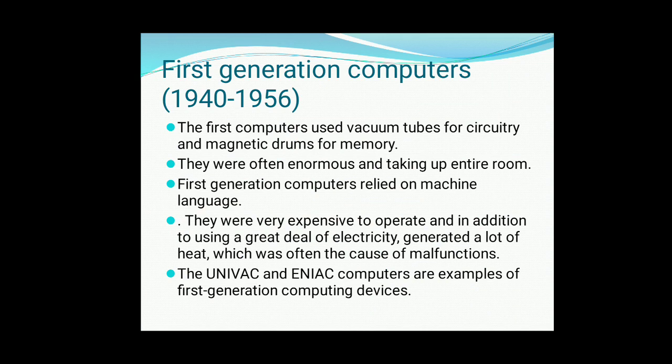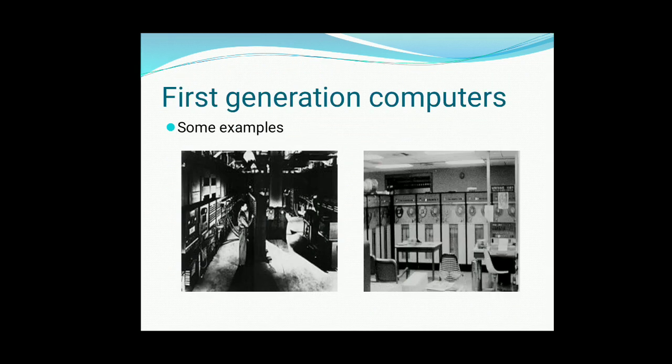In case of language, there are two types: machine language and high level language. Currently we use high level languages such as C, C++, Java, Python, etc. Machine level means the message is directly understood by the machine. So in the first generation, there was machine language. You can see the images: the first generation computers required a single room to occupy a single computer.